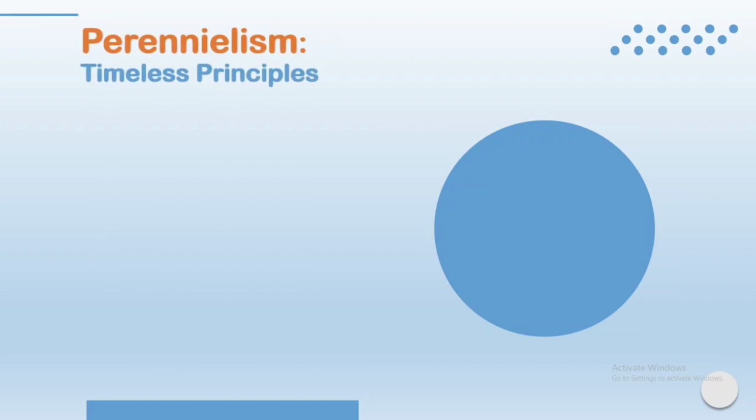Now we will move on to our main section about the basic educational philosophies. First of all, we will discuss Perennialism, that is, the timeless principles. Perennialism is an educational philosophy that emphasizes the enduring and timeless aspects of knowledge. Key aspects of perennialism include